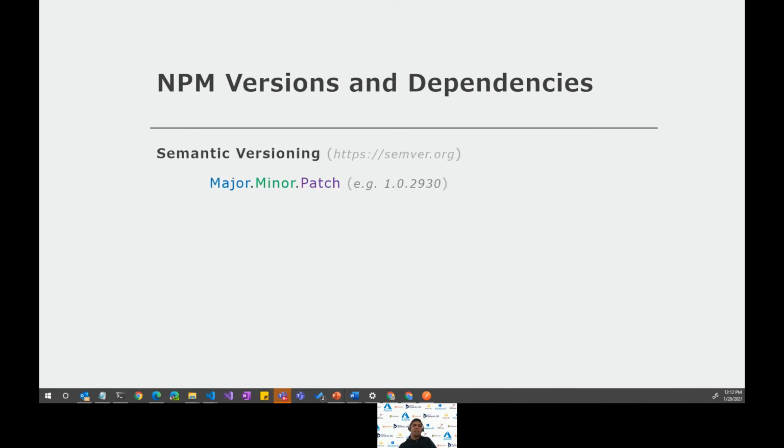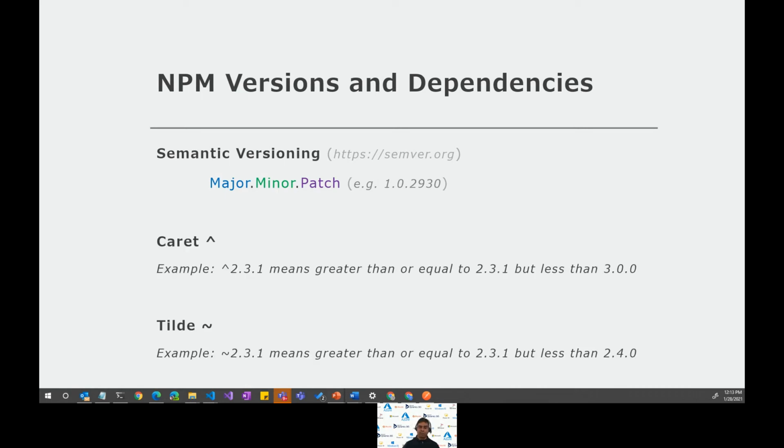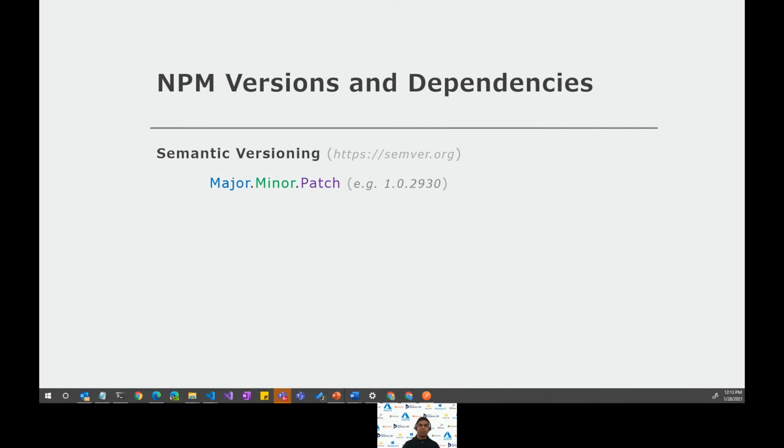So semantic versioning is a standard that dictates how version numbers are assigned and incremented. A version number follows the pattern of the major, minor, and a patch with a dot separating those three numbers. So when do you increment these numbers? Whenever you make a small change or fix a bug and your project is still overall backward compatible with your older version of the project, that's when you just bump up the patch number. When you make a small to medium change, but still your product is backward compatible, in that case, you increment the minor number.